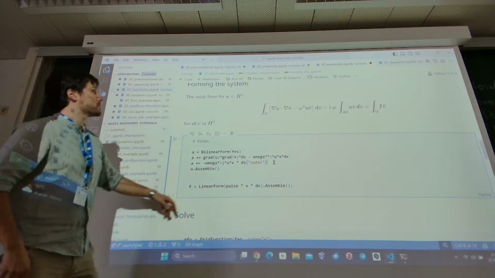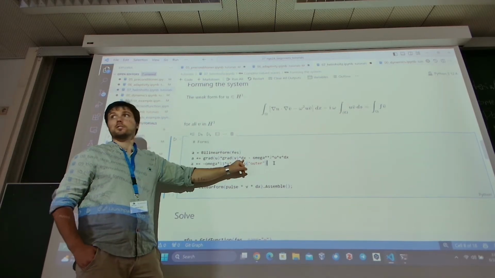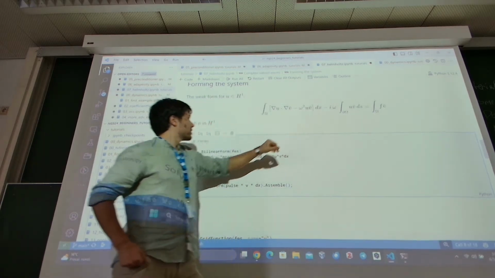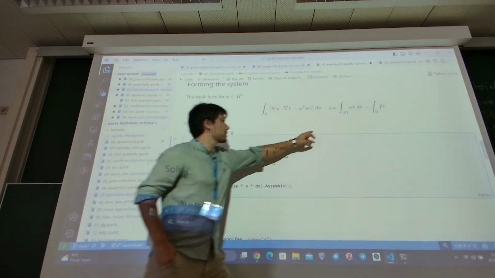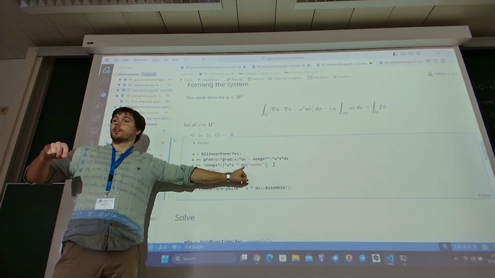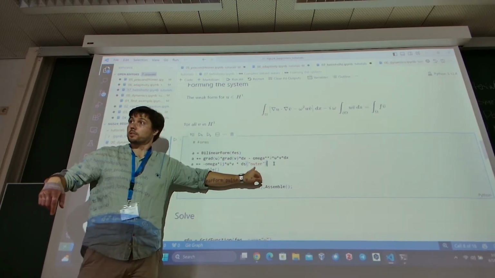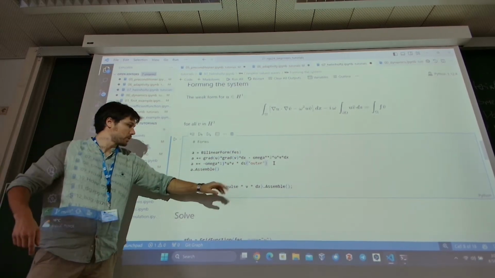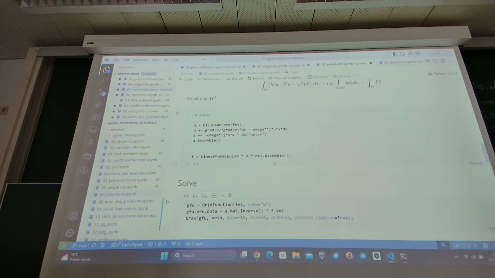The first part is going to be grad u grad v, on the whole volume. The second part is omega squared, u v, on the volume. And then the third part is only on the boundary, denoted by ds. In particular, it's not all over the boundary, so it's not also on the scattering part, but only on the outer part. Okay. And we assemble it, we create a linear form,